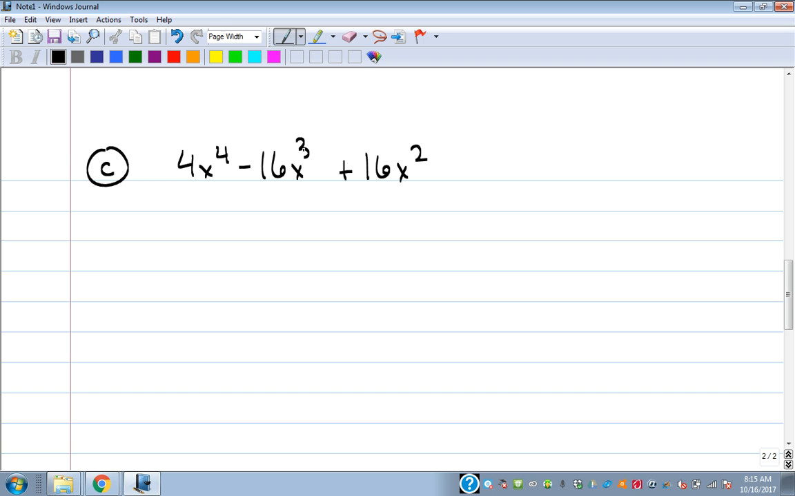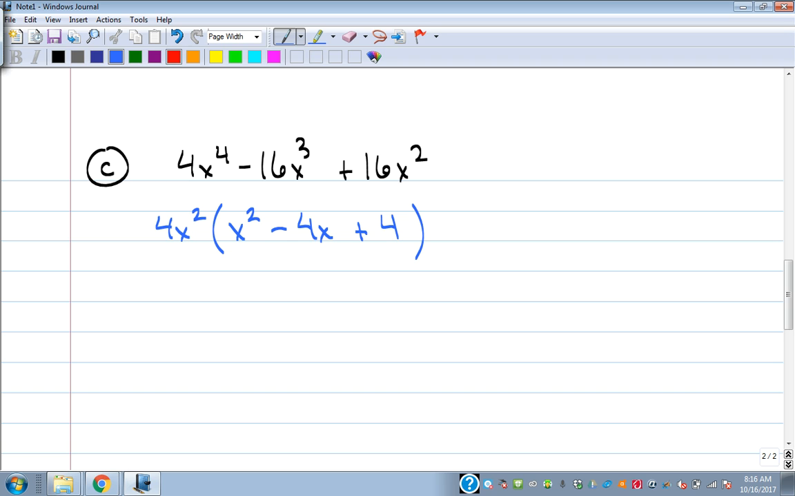All right. What's first? 4x squared will come out. Good, good. GCF. What's it leave in the parentheses? Yeah, x squared minus 4x plus 4. And then we look at that trinomial that's left, and it's a quadratic trinomial, so that